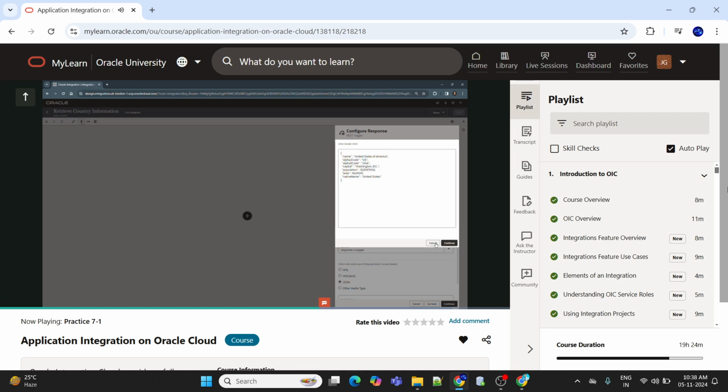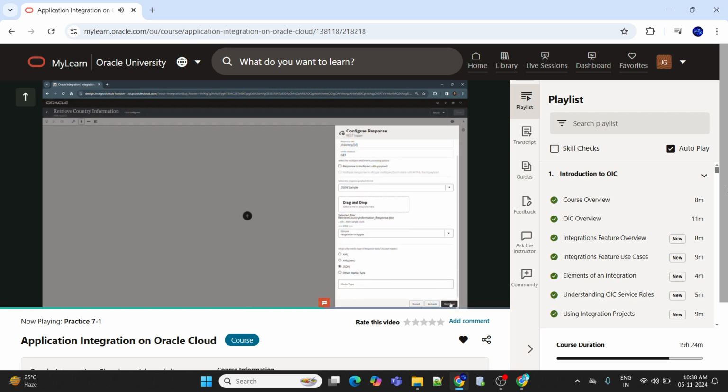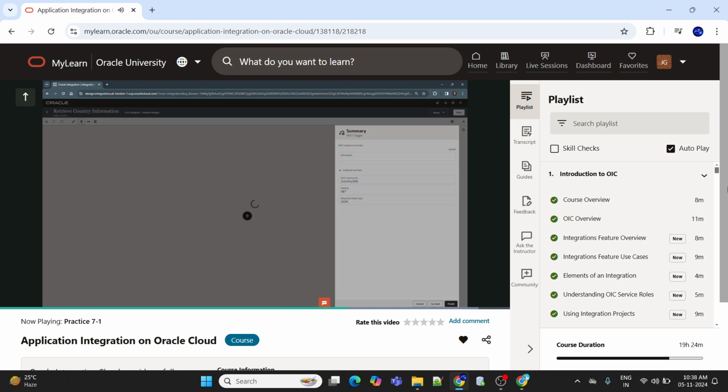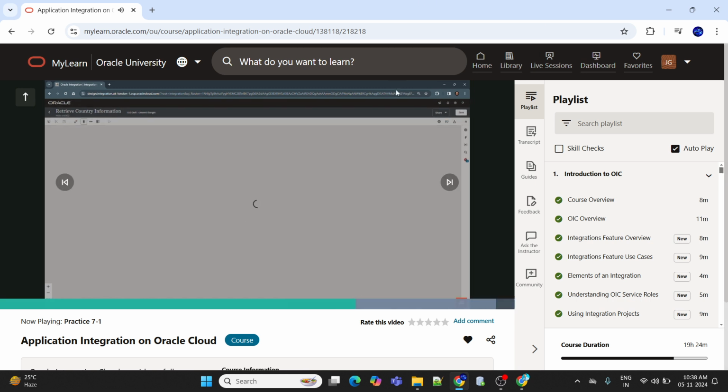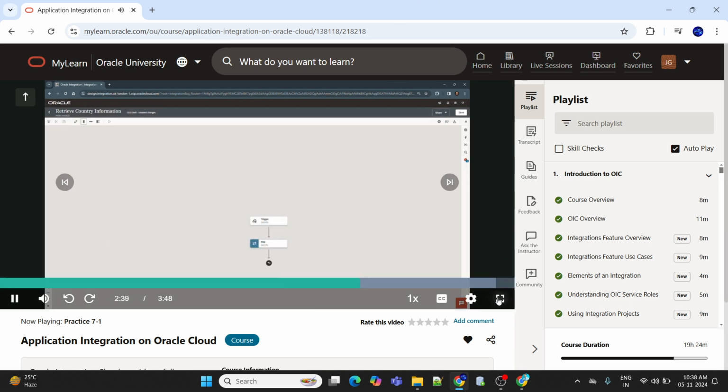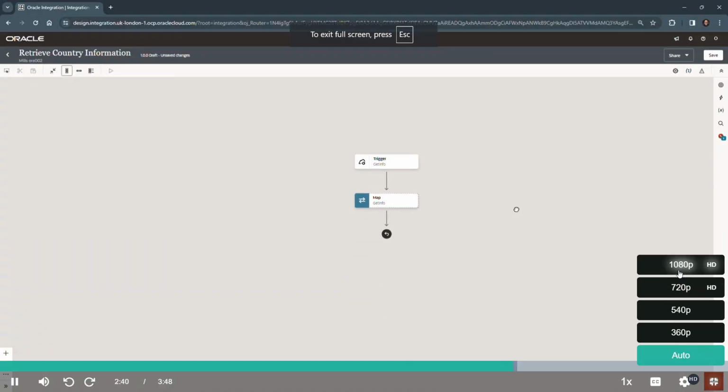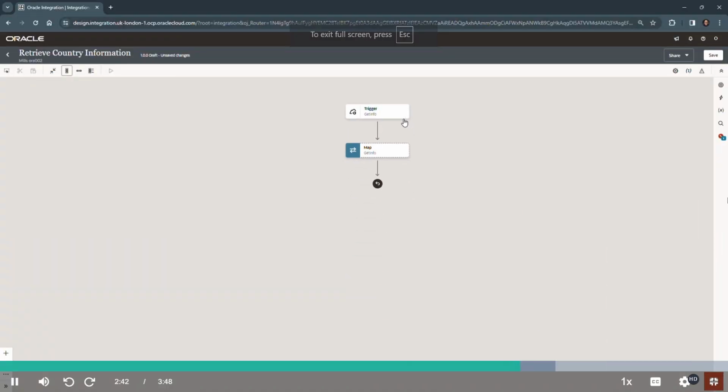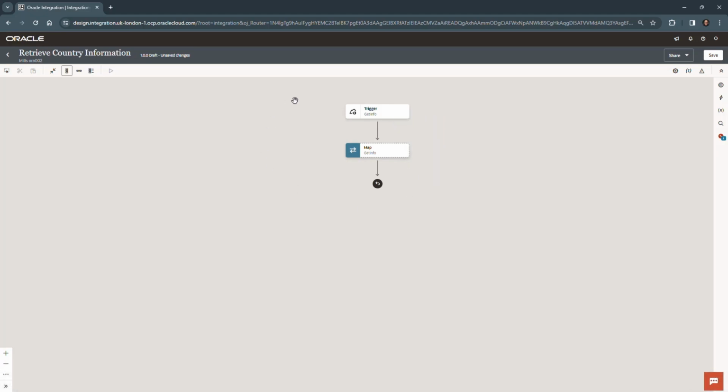So we click cancel out of that and click continue, which takes me all the way to the summary page where we can review the endpoint information and click finish, which now returns us to our design canvas. As always, since it's a request response pattern, it's going to set up a mapper for us to return the response back to the client, but we're not ready to do that yet because we don't have any